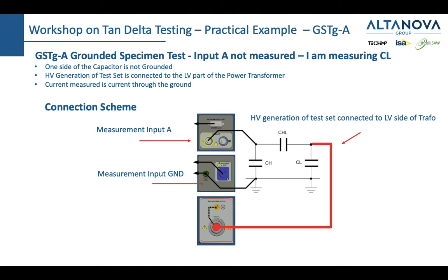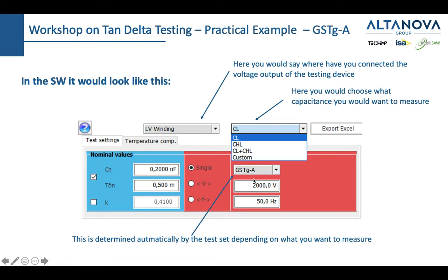We have one more example. In this case, we switched the generation from a high voltage side to the low voltage side. And we are using the same method, the same mode as before, GST GA. But something will change now, because we are not anymore generating here and measuring here. Now we are generating here on the low voltage winding and measuring here and here. So on the high voltage winding and on the ground. So effectively what happens, so also you can see here that we changed the generation placement from high voltage to